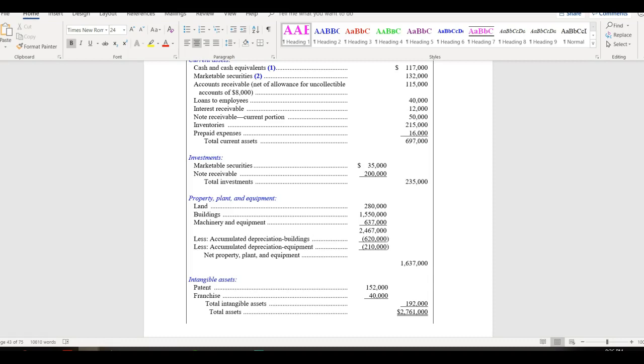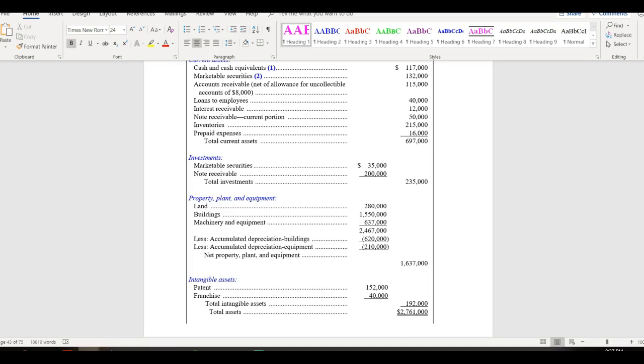The loans to employees, $40,000. Interest receivable, $12,000. The current portion of the note receivable, $50,000. Inventories, $215,000. And then prepaid expenses of $16,000